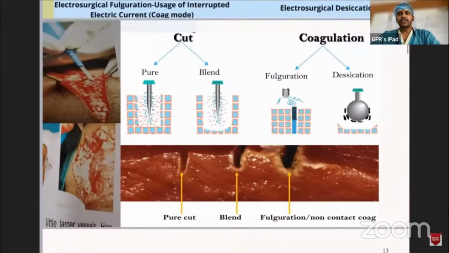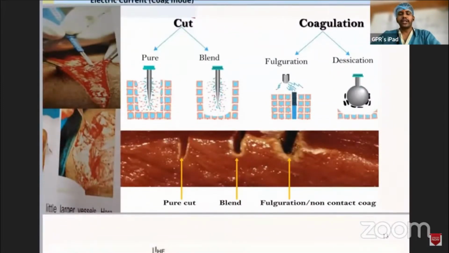When it comes to coagulation, again, we have two different kinds. One is obliterative coagulation, which is where we keep our electrocautery pencil directly over the tissue, over the bleeding vessel, so that the coagulation or the hemostasis happens. This is usually used for vessels less than 0.5 millimeter, in the subdermal plexus or somewhere similar.